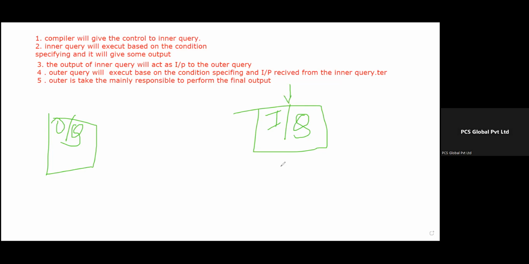Then the inner query will execute based on the condition specified and it will give some output. And the output of the inner query will act as an input to the outer query. It means this output will act as an input